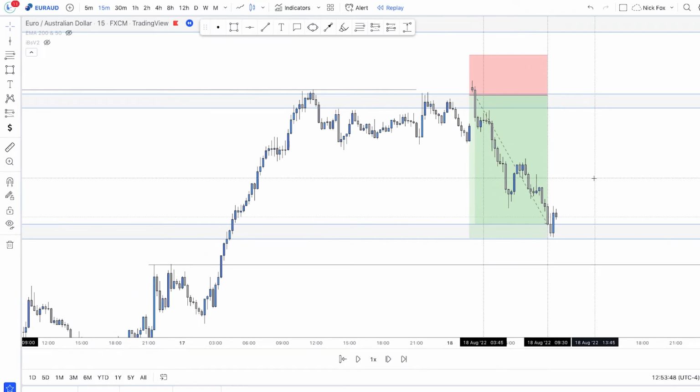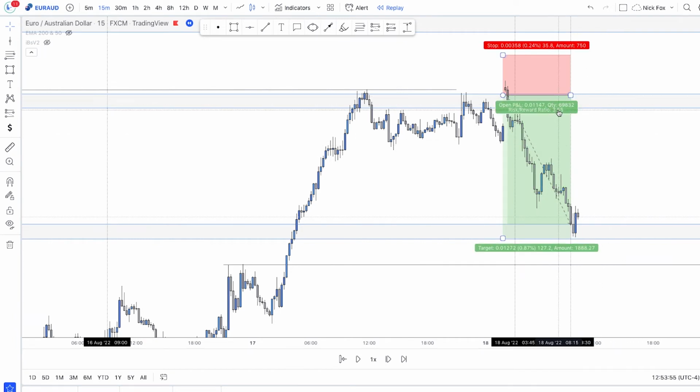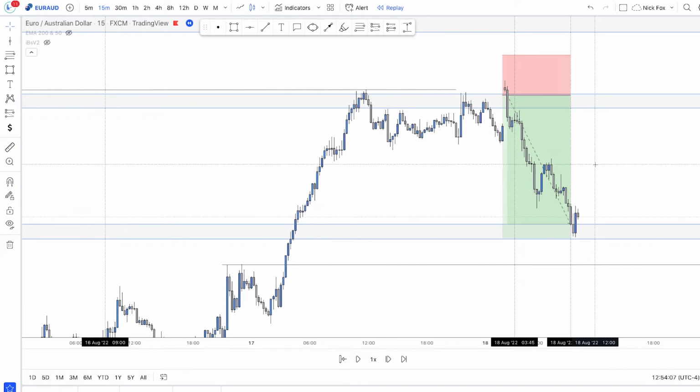Just going from market zone to market zone. Keep it very simple. And if you can acquire 3.5% a couple times a week, that is phenomenal for the growth of your account. Stick to one trade. Don't overtrade. Don't over leverage. Stick to 1 to 3% when you're day trading, and you will be set in stone.